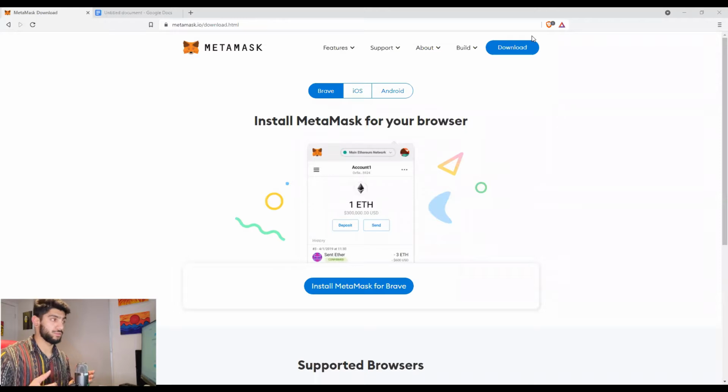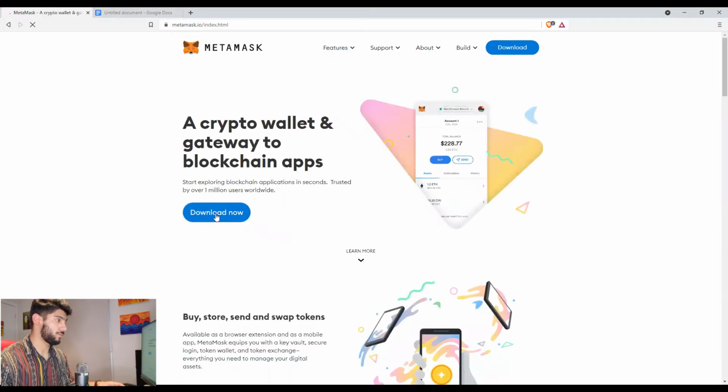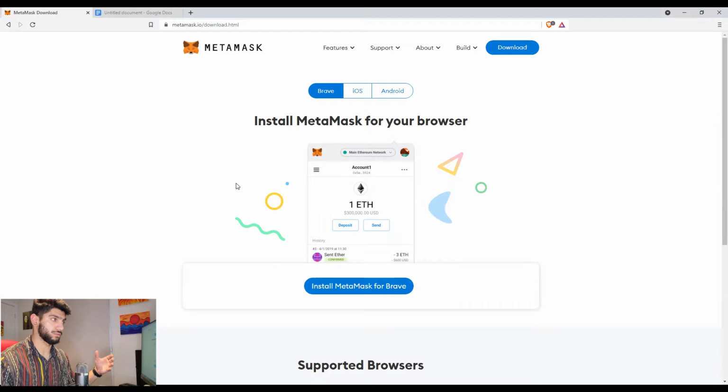So the first step is to download MetaMask on your browser, and for that you have to go to metamask.io. So if you click on metamask.io and click on download now, that's where you will get the MetaMask extension for your browser. So you have to understand that it is an extension on the browser, not a separate application. So if you want to do that, you can do that on your iOS device or Android device or any web browser as well. So I'm using Brave browser here, so it automatically pops up to that,